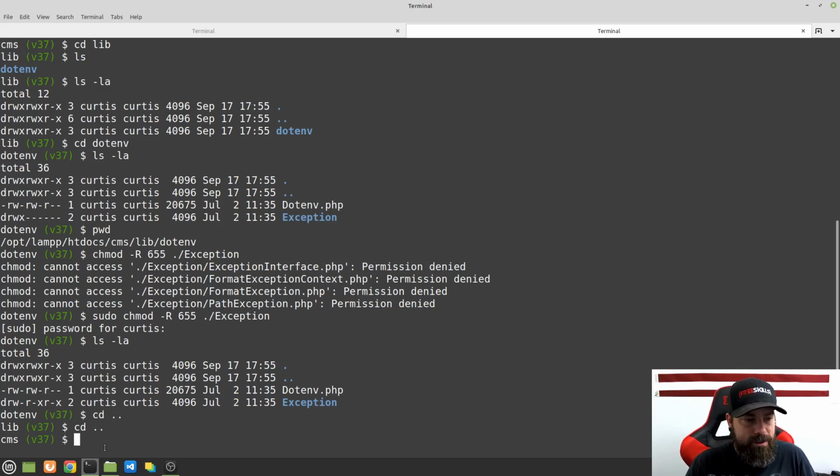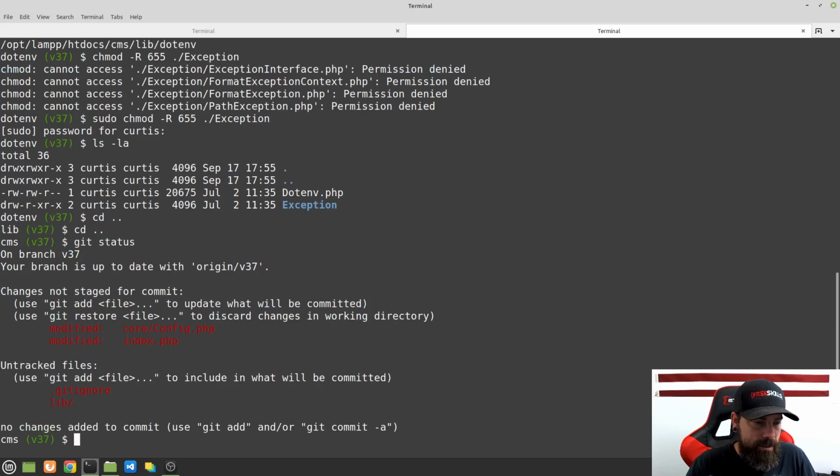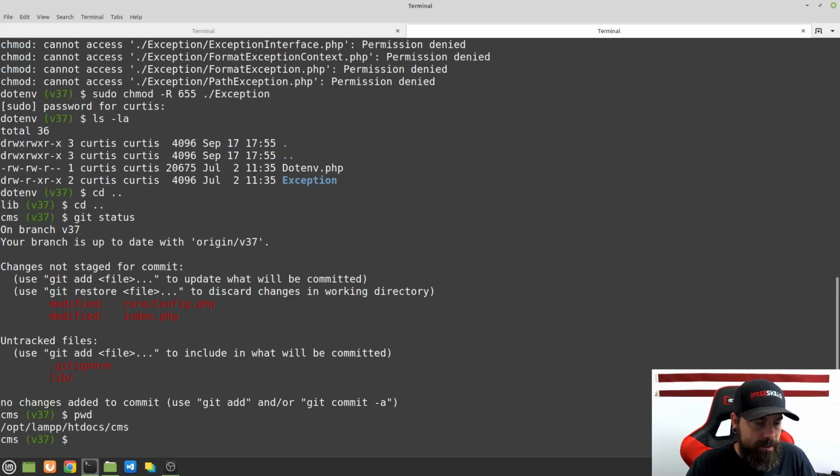So let's go ahead and push this up on GitHub real quick. So let me do git status, and actually I'm going to do a pwd to make sure I'm in the right place. And you can see that if I do git status here, you don't see that .env file in here to be staged, because it won't be staged because it lives in our .gitignore. So now if I go to git add,